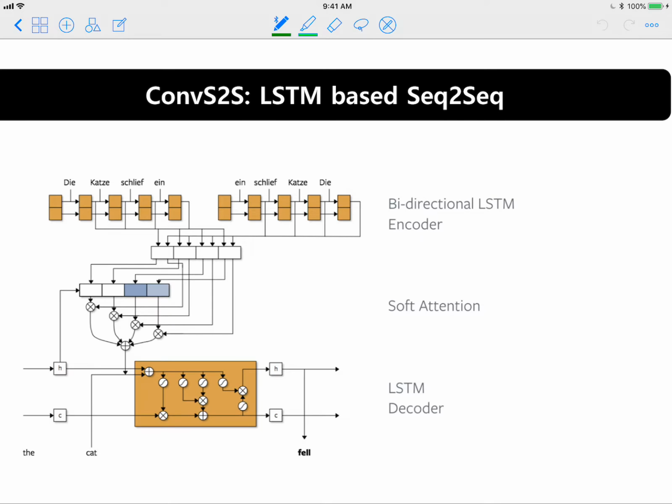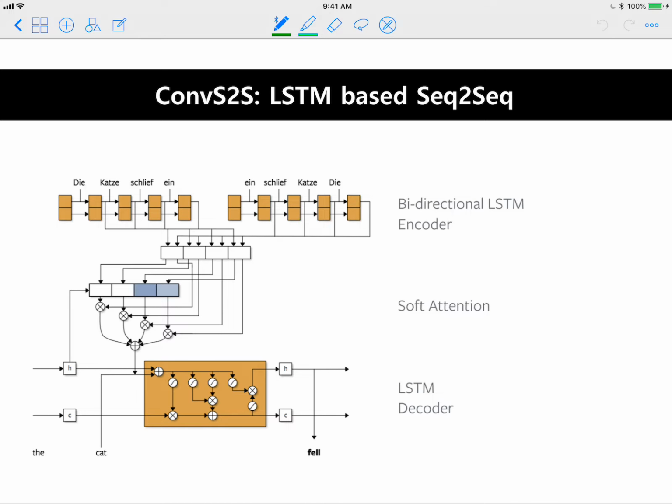Okay, then let me explain how this model works, and if I'm wrong and someone has a better idea about this, then please correct me. Okay, then